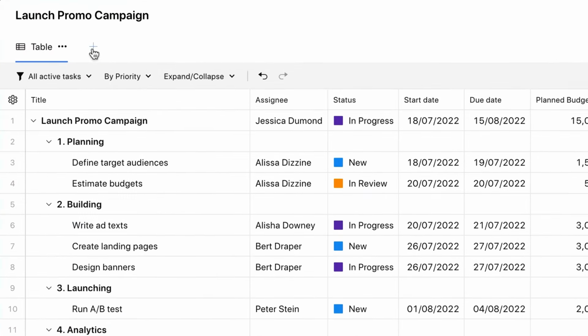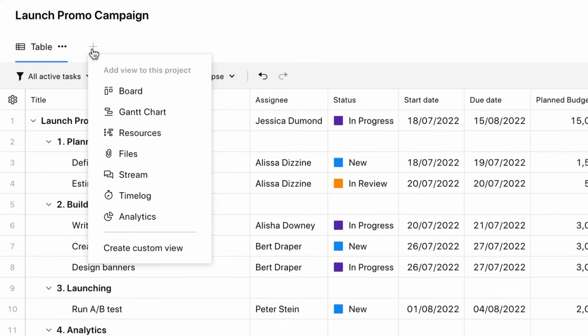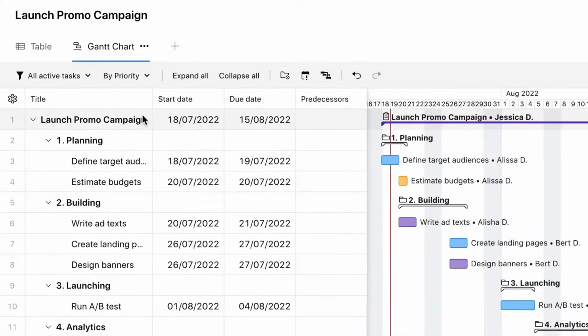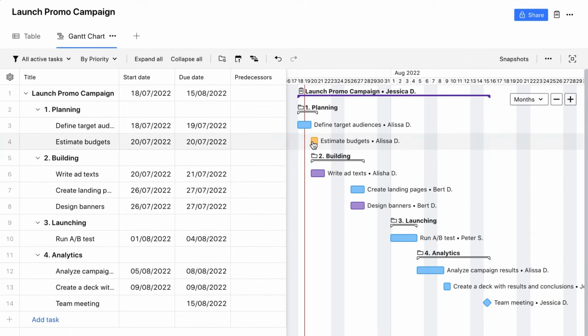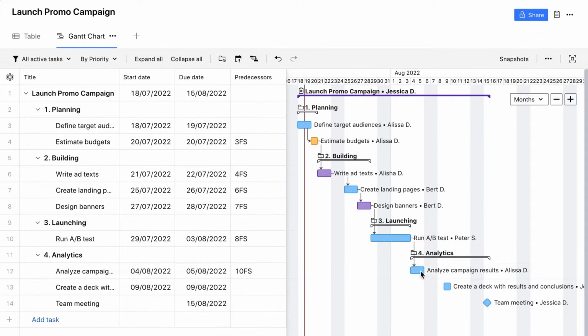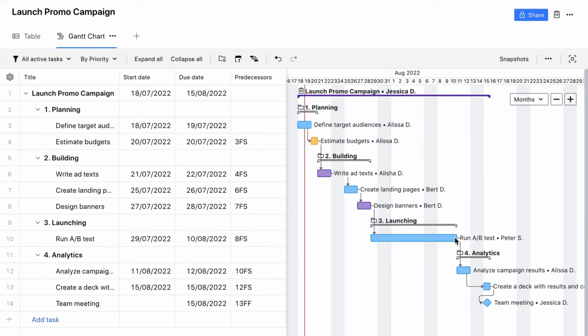Use Wrike's customizable views to fit your unique work style. You can review your project schedule on a visual timeline called a Gantt chart. Connect tasks with dependencies to easily spot any task conflicts. If tasks are planned incorrectly, they will be rescheduled automatically when a dependency is added.